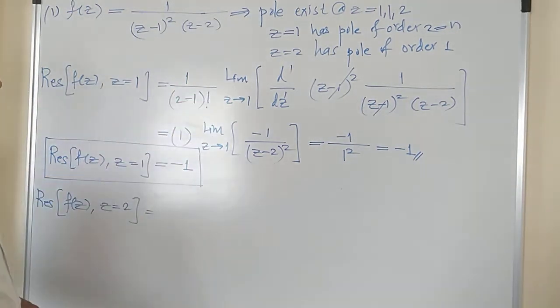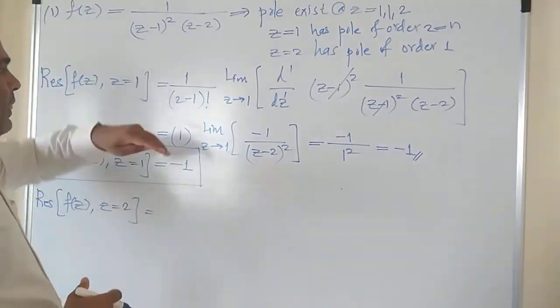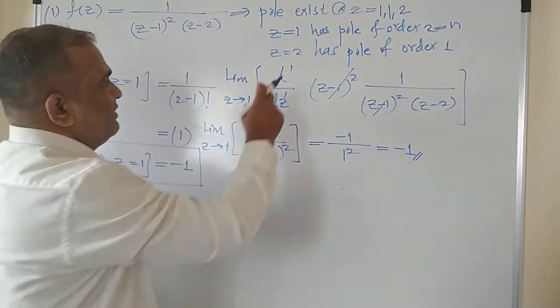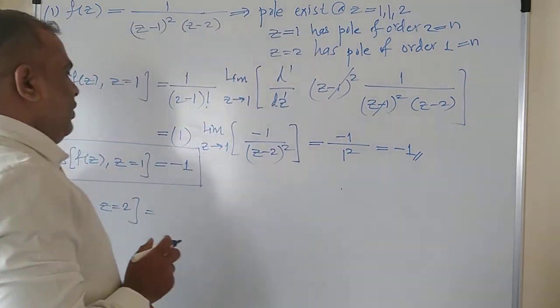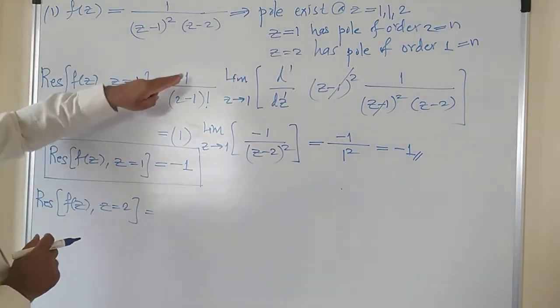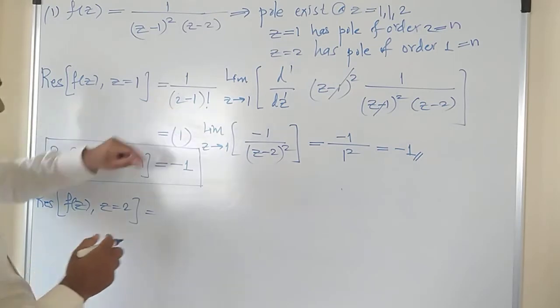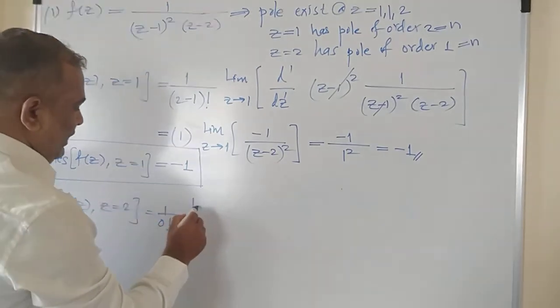Again use the same formula. Now I'll write the formula by putting its values directly. So 1 upon n minus 1 factorial. Now what is the n for this case? For z is equal to 2, the value of n is equal to 1, and therefore you will get 1 upon n minus 1, that is 0 factorial. 1 upon 0 factorial, I will write first here, into limit